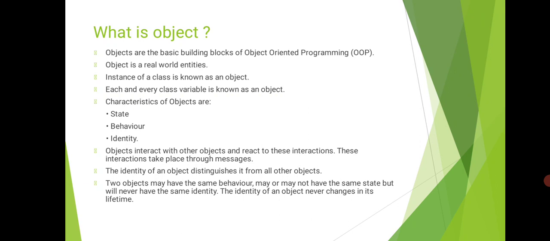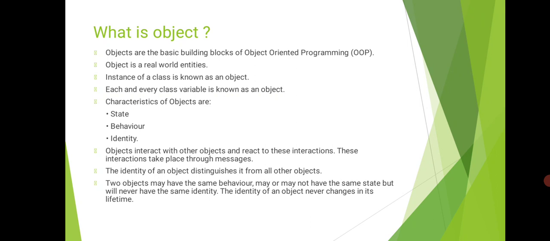Messages are nothing but methods. So here there are two methods, which means one method is communicating with another method through the objects. So objects can communicate with each other through methods itself. Without a method it can't communicate, or it can't access the data also. So we need methods to access the data as well as to communicate.